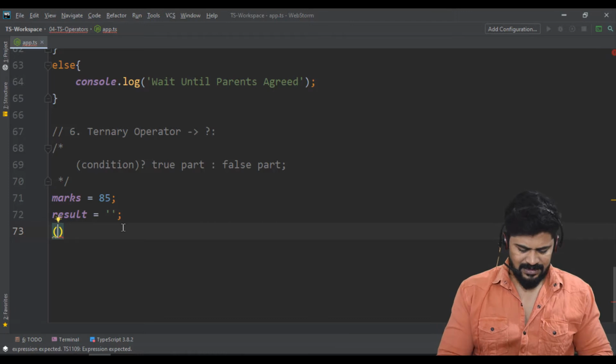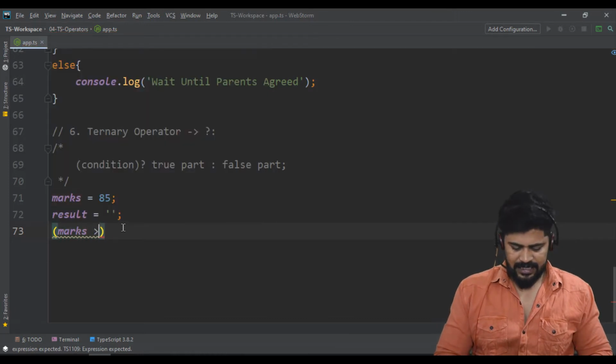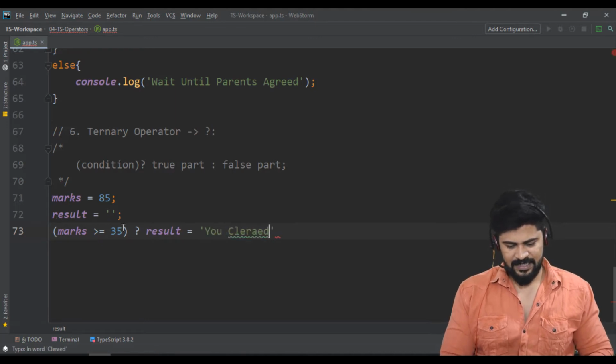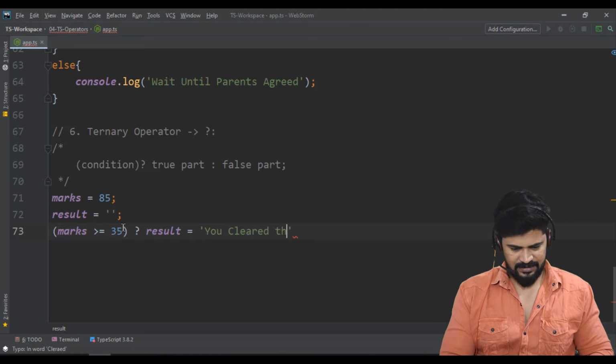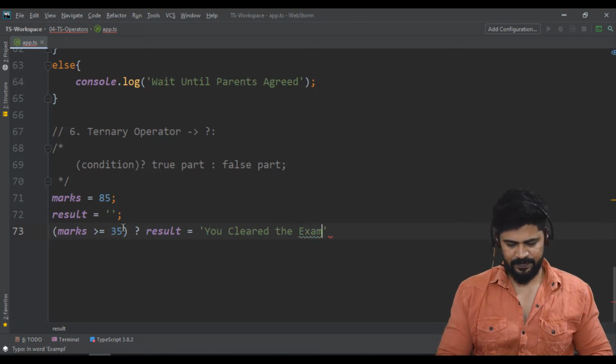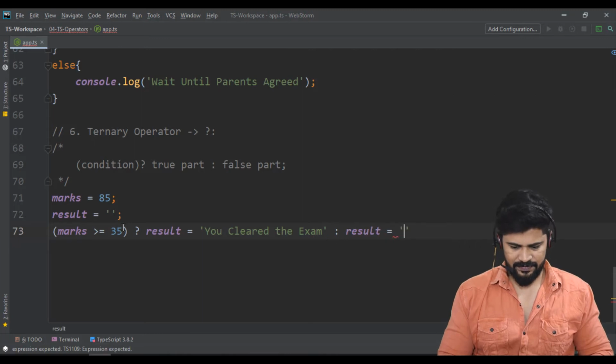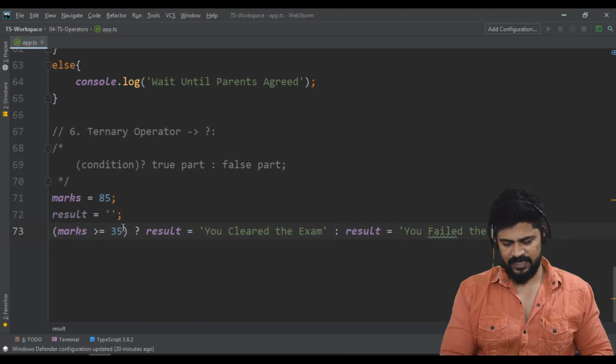I'll check like this: if marks is greater than or equal to 35 question mark, then result is equal to you cleared exam. Okay, or result is equal to you failed the exam.